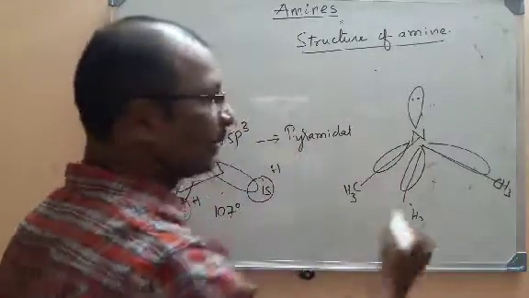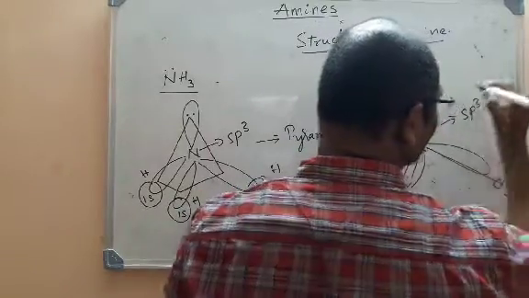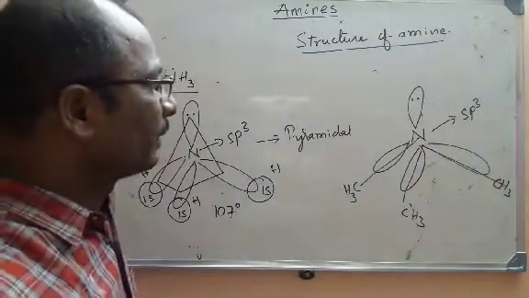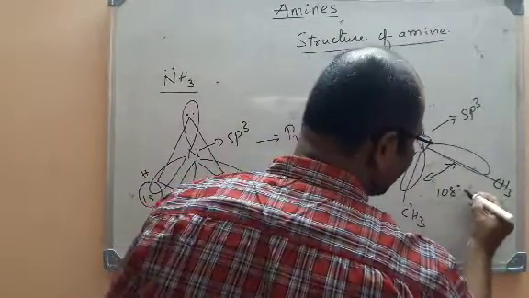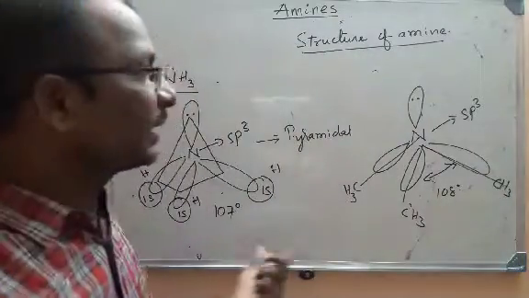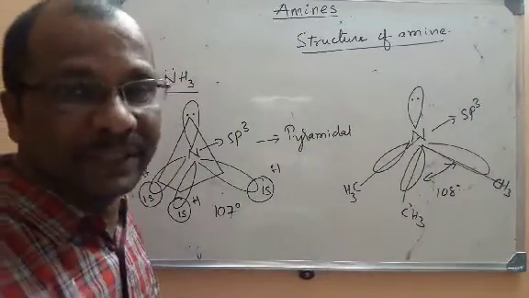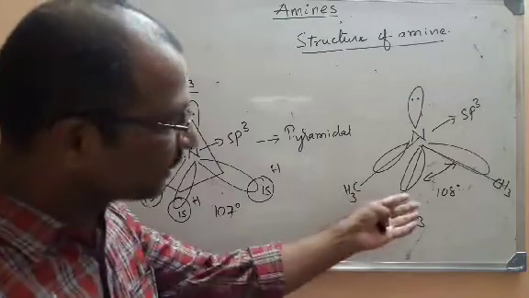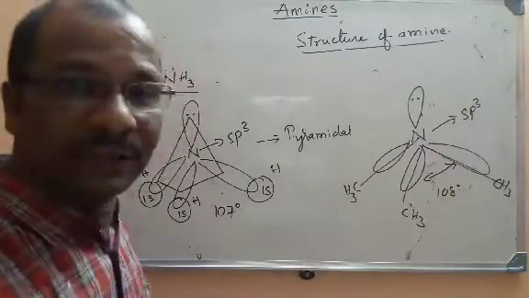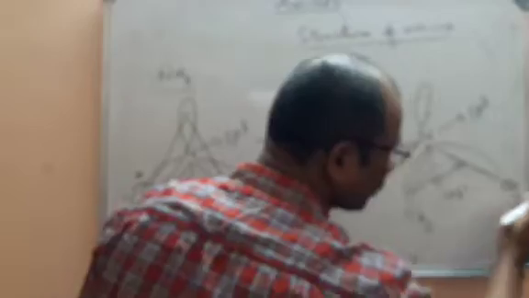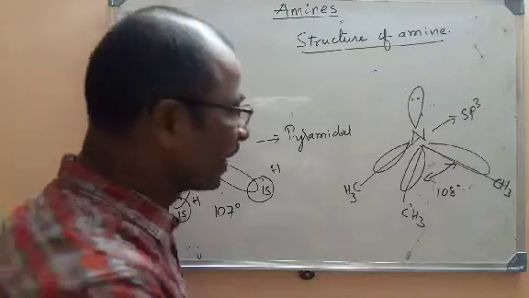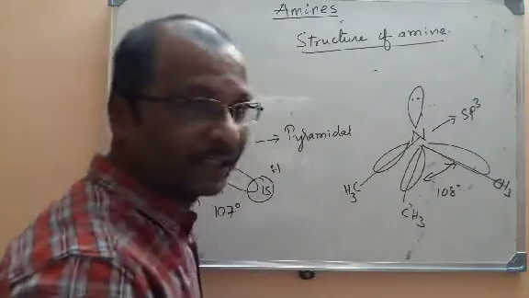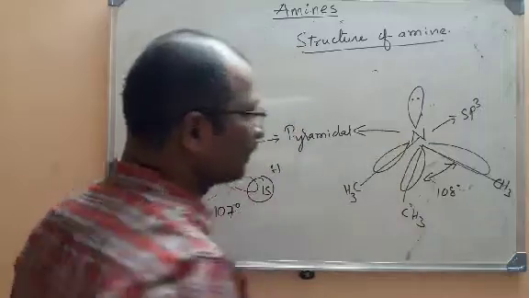Anyway, here the hybridization is the same as that of ammonia. But the only thing is the bond angle is 108 degrees here. Here also the expected angle is 109 degrees 28 minutes, 109.5 degrees, but it is deviated to 108 degrees. Again it is due to the repulsions between the lone pair and bond pair, and also here two similar alkyl groups are there. You know that these two similar groups will repel each other. As a result, it will have a bond angle of 108 degrees. And here also the structure is a pyramidal structure.